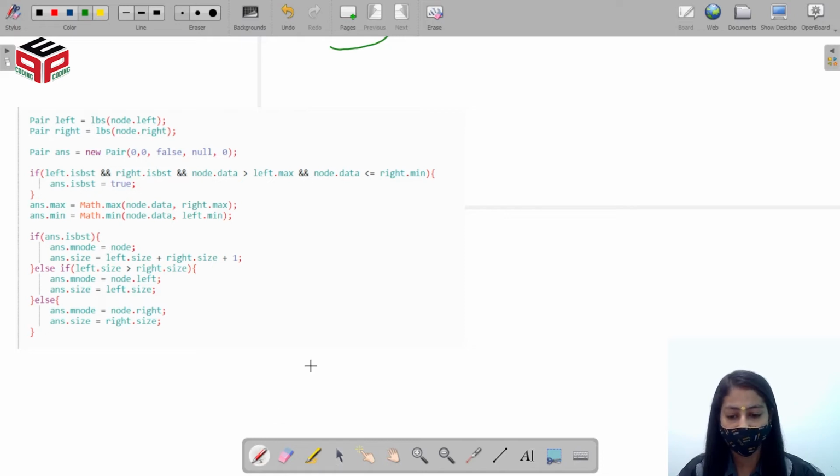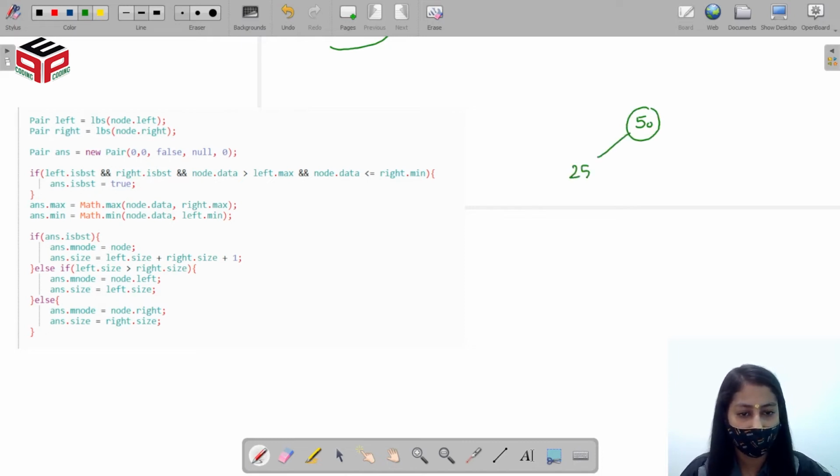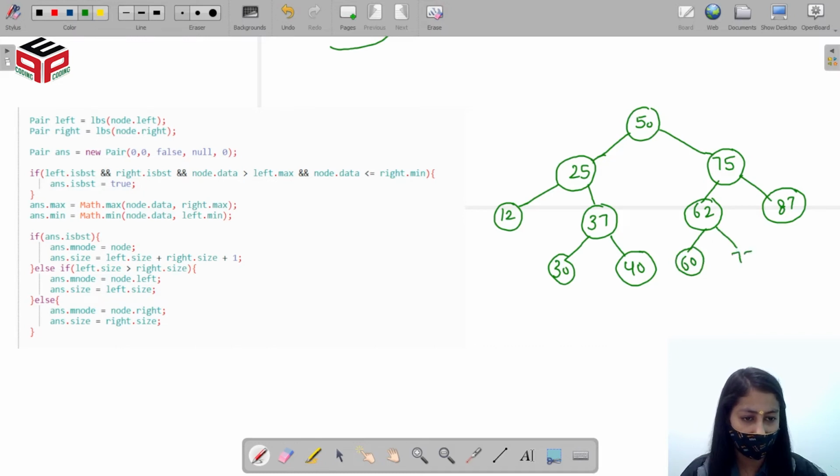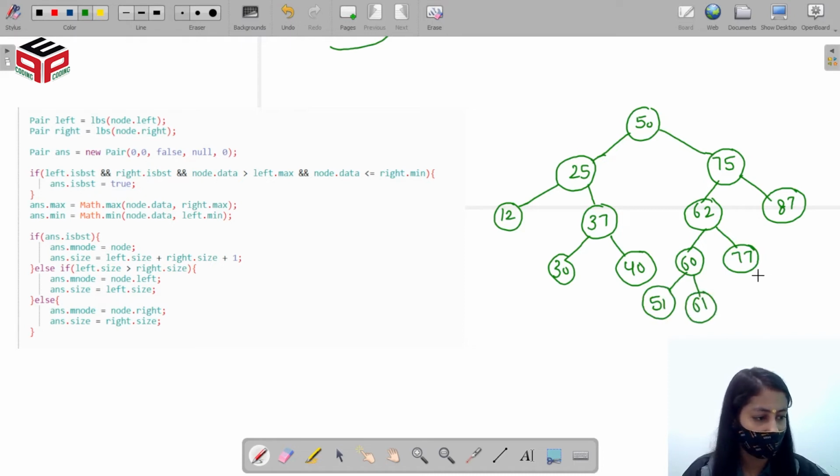So let's draw a new tree. 25, 12, here it's 37, 30, 40, here it is 75, 62, 87, 60, 77, and then 51, 61, 74, and 78.